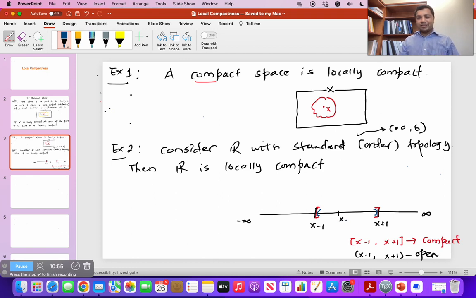Since X is an arbitrary point, R is locally compact at each point of R, thus R is locally compact. Just let me write down the thing that I just described here. Then R is locally compact since